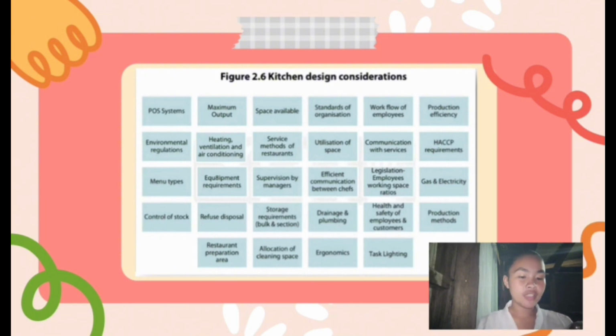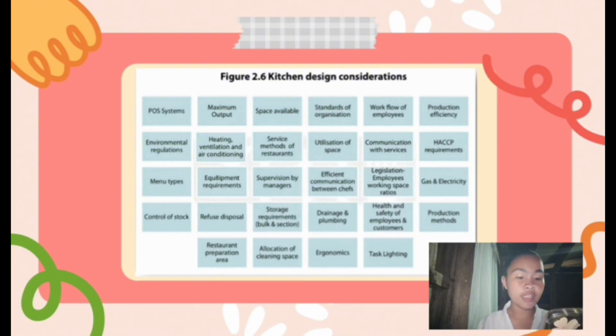Kitchen design considerations have POS systems, maximum output, space available, standard of organization, workflow of employees, production efficiency, environmental regulations, heating, ventilation, and air conditioning, service methods of restaurants, utilization of space, communication with services, HACCP requirements, menu types, equipment requirements, supervision by managers, efficient communication between chefs,